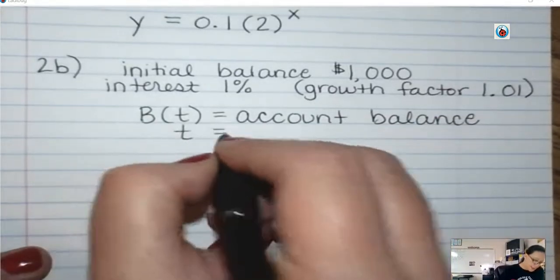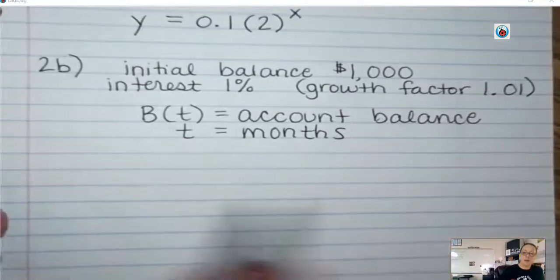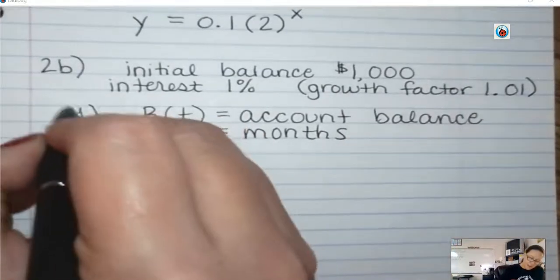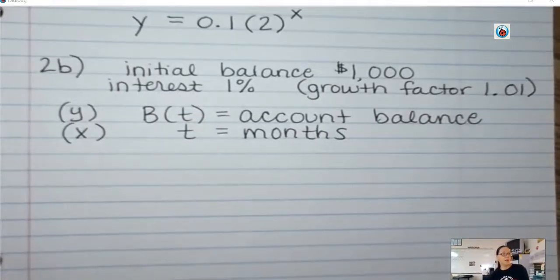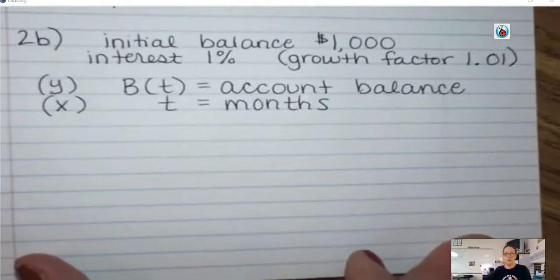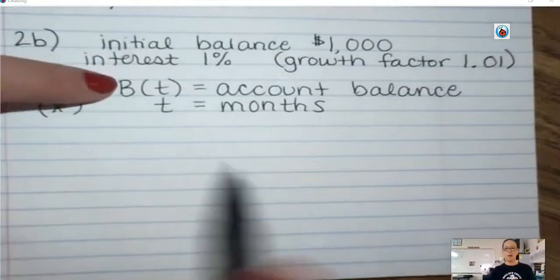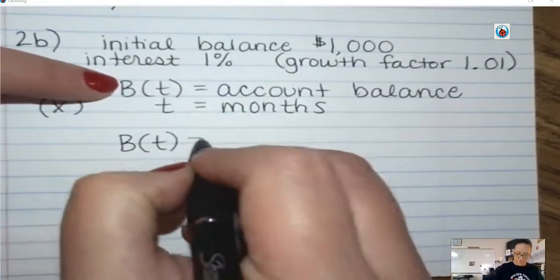After T, which will be months. It's time in months. So B of T is really your Y value. Your months of T is really your X value. Okay, let's create the equation then for this. So instead of saying Y, they want us to use B of T equals,